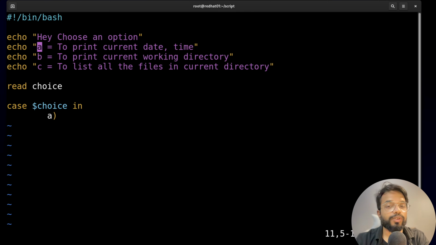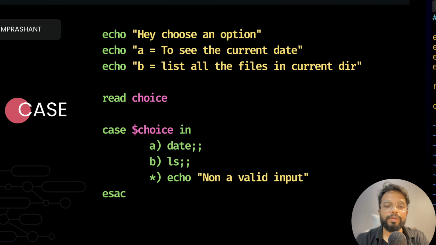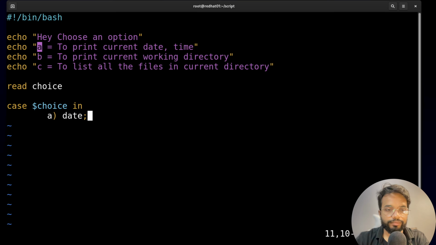Now for the different values in the choice variable, let's say if a user provides A, closing bracket, then what action do you need to perform? You can simply print something, or in this case we will perform date. And you need to provide two semicolons in order to finish this statement. Similarly, we can provide the other options as well. B. For B, we are saying print the current working directory. We can do pwd. C,